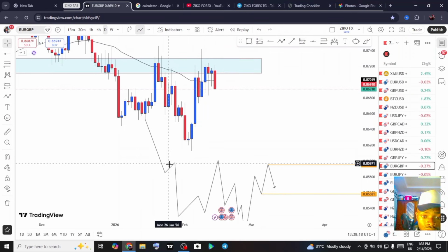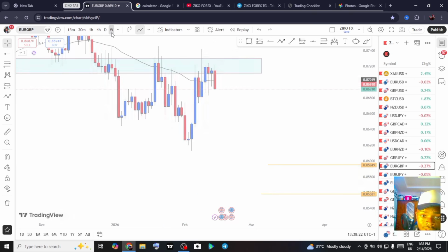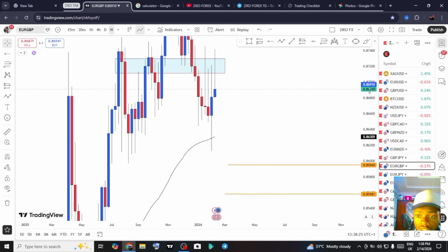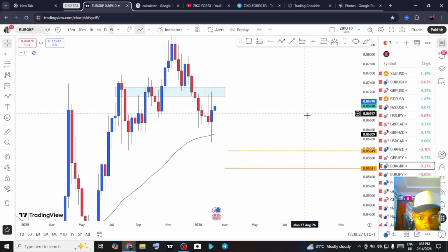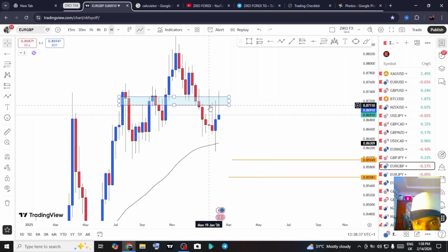Okay, now let's see what we still have. That is the daily time frame. The weekly time frame is bearish because here is the lower low and we had a retracement back into the area of interest, and as you can see from this retracement, we have come to this area about 3 times,